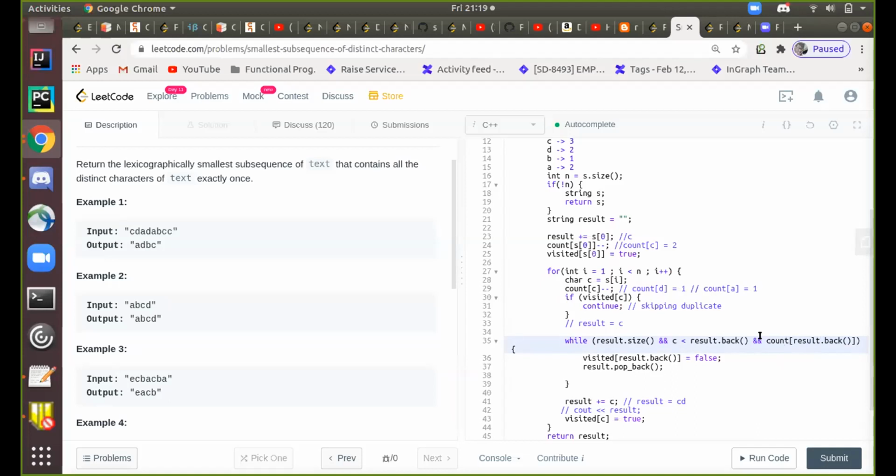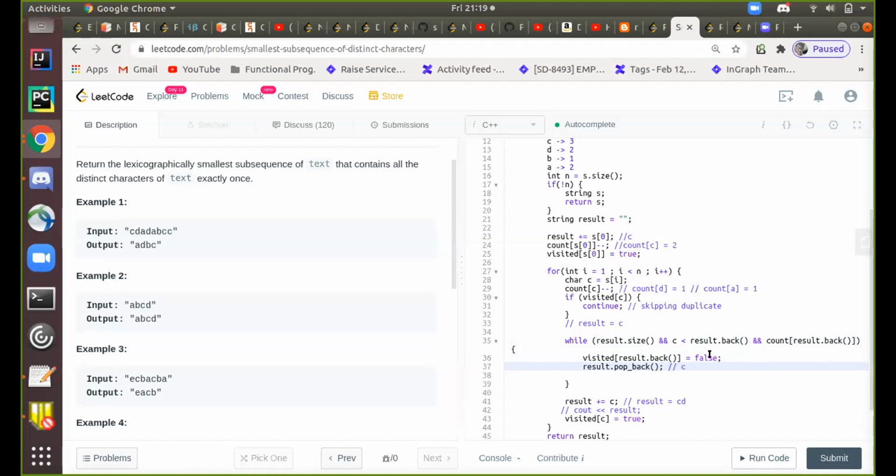So what I do is I keep popping this character. First I make this false for D, and now I pop. After this, I am left with C here. Now I check again whether A is less than C or not. It is, and then I check the count. Count of C would be non-zero, so I can add a C later on also.